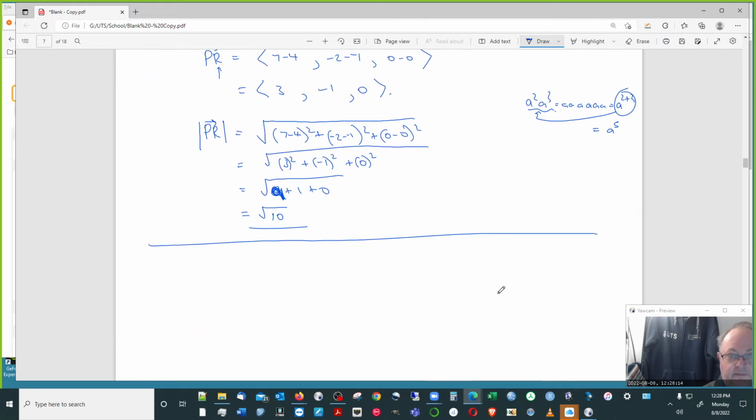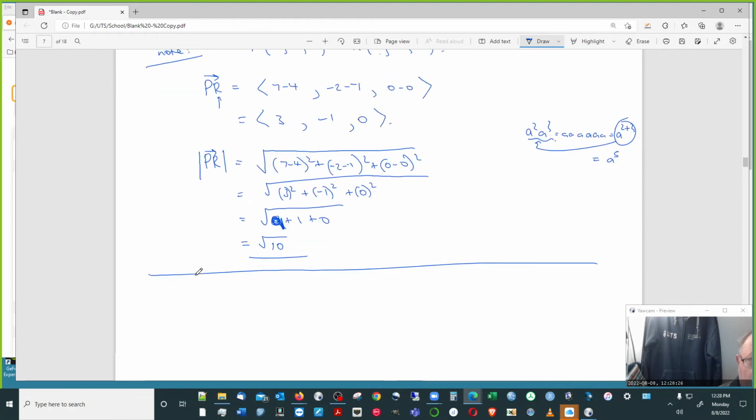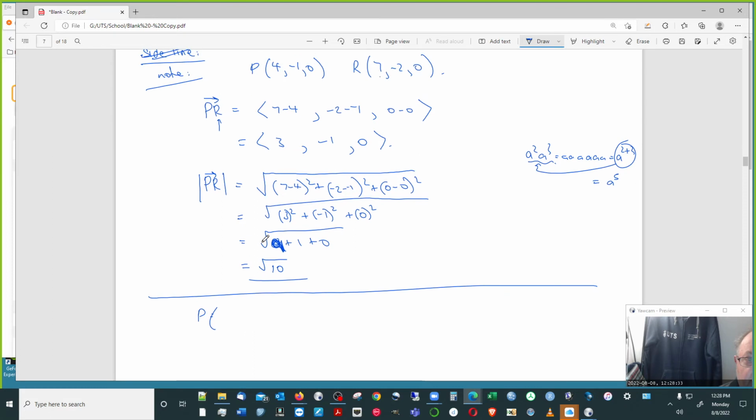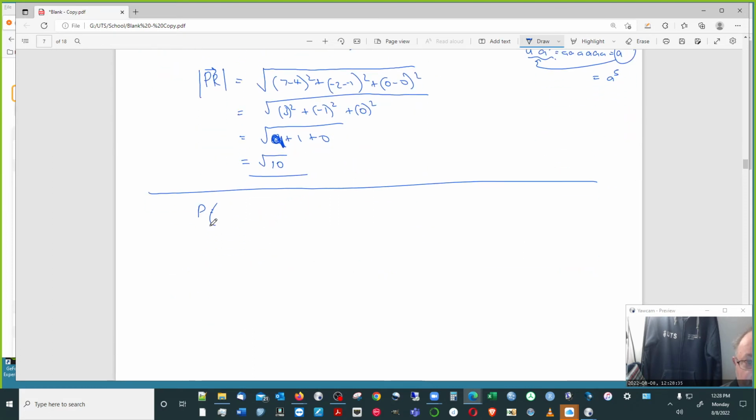When the points aren't known and it's algebraic, so let's do P. P can be the same, 4, minus 1, 0. And are those going to be x, y, z? So then we'll get P to R